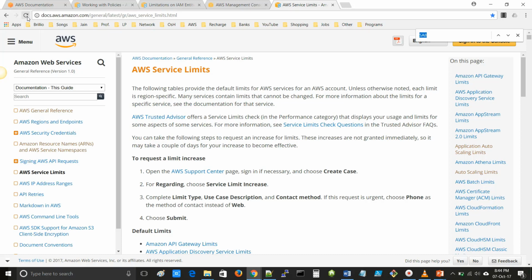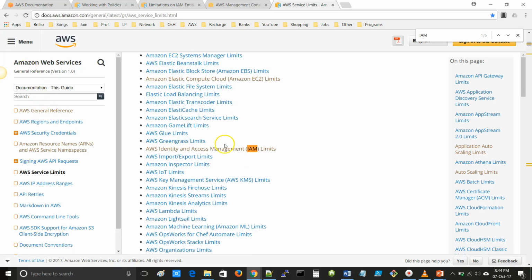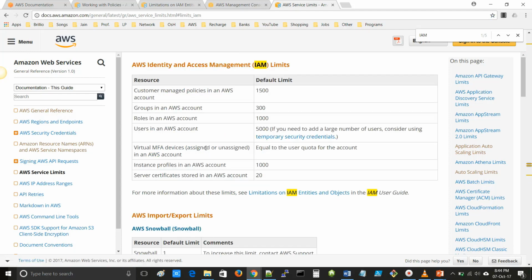Here you can find the IAM service. Click on AWS Identity and Access Management Limits. Here you can find the IAM limits like customer managed policies.